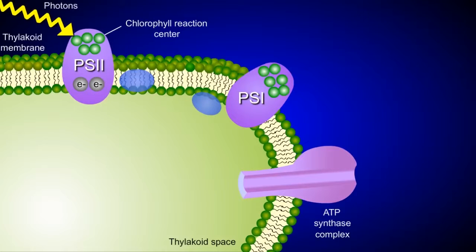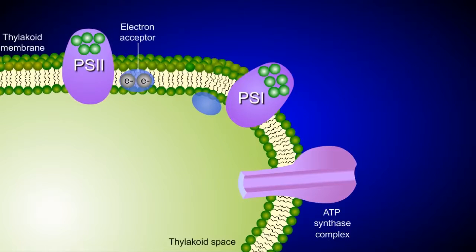The first thing that happens is that photosystem 2 receives photons of light energy. The light energy is transferred to a chlorophyll reaction center, causing electrons in the reaction center to become energized. These electrons become so energized that they escape photosystem 2 and move to a nearby electron acceptor molecule located in